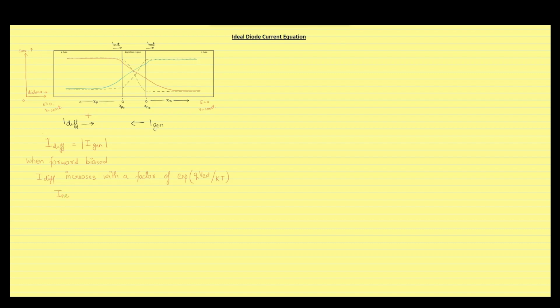Therefore, the net current will be equal to the diffusion current under the influence of external voltage plus the generation current under the influence of external voltage. I net will be equal to I diffusion into exponential q into V external divided by kT, plus we can simply replace the generation current under the influence of external field with the unbiased generation current. If we assume that the diffusion current for the unbiased PN junction is equal to I naught, then we can write the net electric current flowing through the depletion region to be equal to